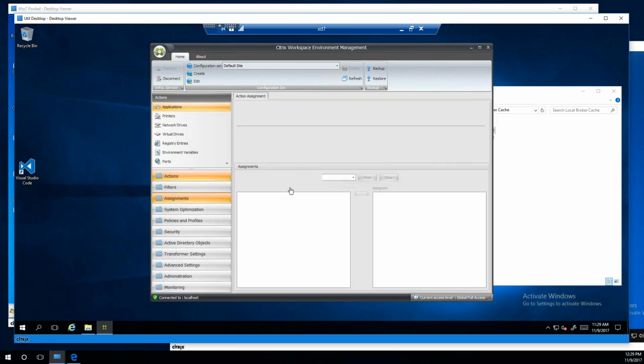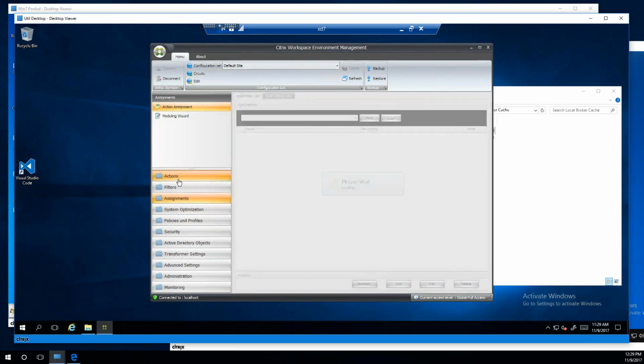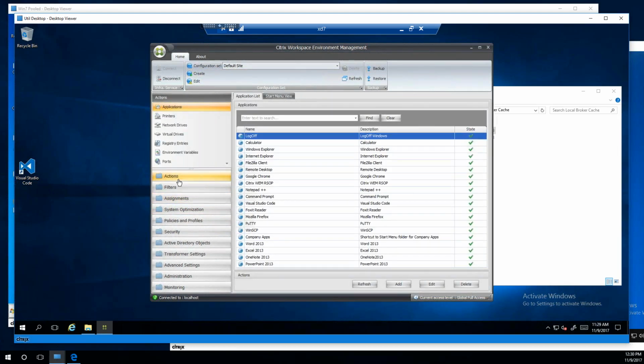What you end up missing is all the assignments to sites and all the assignments to your registry actions in any way, shape, or form. So you have to redo that. I have been working on trying to get all the information from SQL. I was working with a customer a while ago trying to map it all through SQL to see if I can match it back and forth, and it's possible, but it's been a real pain. I've been able to pull the information. I haven't been able to put it back in yet, but I'm still working on that.